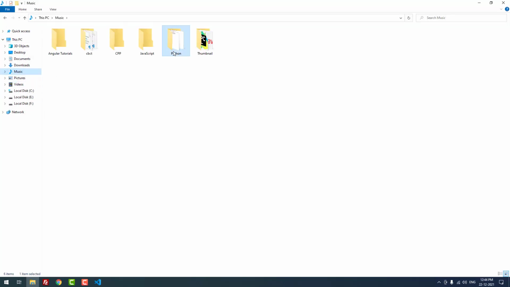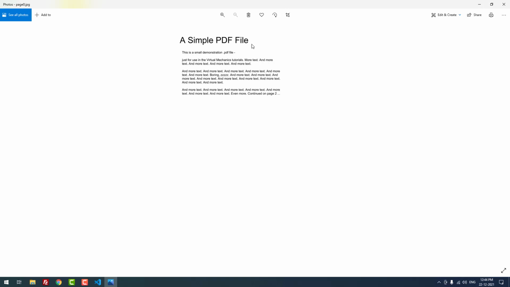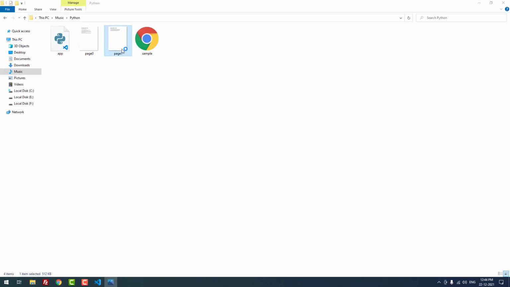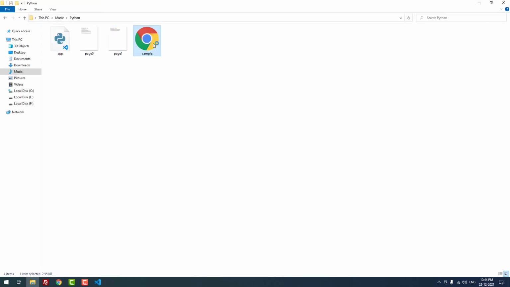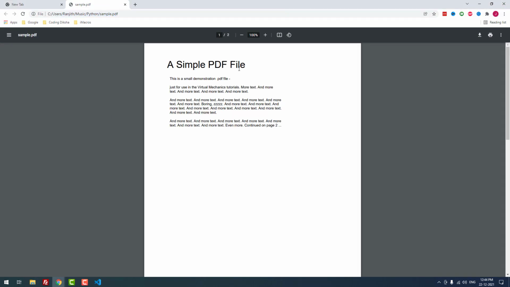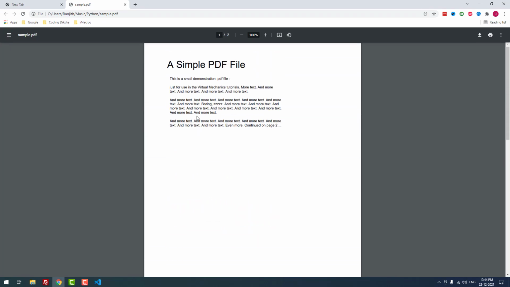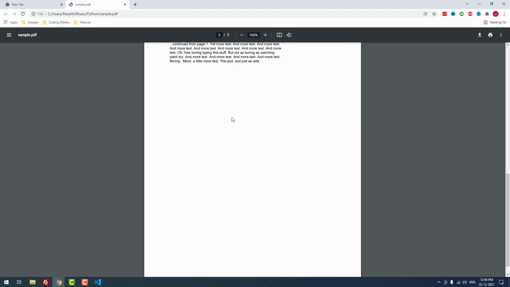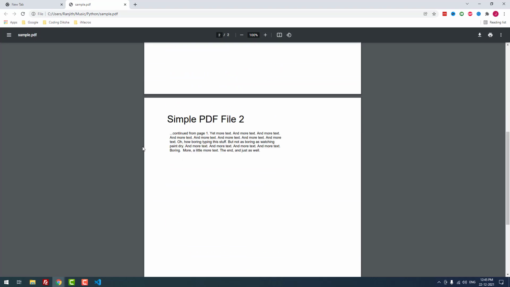Now let me show it in the File Explorer. As you can see here, page0 of the sample PDF file, this is the image file. Page1 of the sample PDF file. Why I am showing this is that in the sample PDF file there are two pages. So the program converts the PDF file into two images. For every page it will take a screenshot and store the images as JPEG.